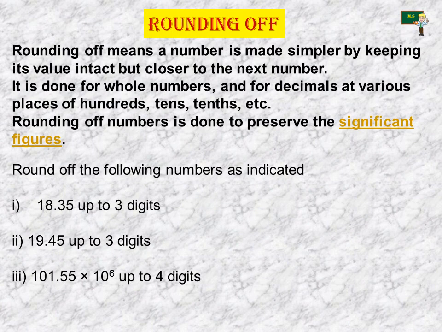Okay, next one is rounding off. Nowadays most of us, when we are in the petrol bunk to get petrol or diesel for our vehicle, don't go for liters. We ask the bunk person to fill the tank for 100 rupees, 200 rupees, 1000 rupees, like that. We don't go for the liters.